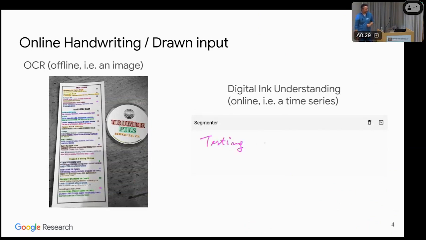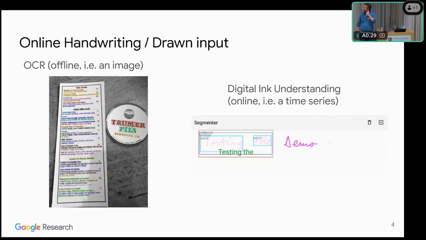All right, so a quick intro to what it is we're talking about here. When we talk about online handwriting input or hand-drawn input, what are we talking about? Usually we talk about offline and online. Offline is basically an image of some handwritten text or some printed text in this case, and that's basically the problem of optical character recognition, or OCR.